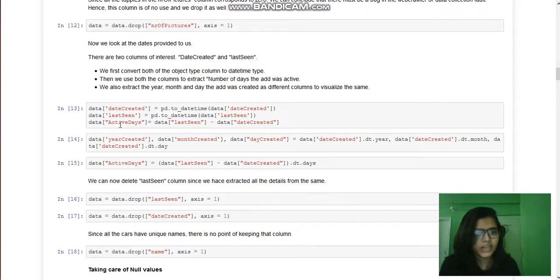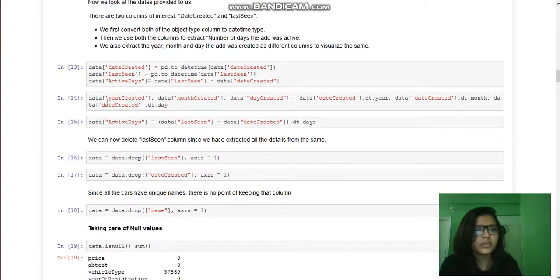So the time gap between the last seen and date created is going to give us what period the ad was active. Moving on, we are going to extract the year created, month created, and day created from the date created by .dt.year, .dt.month. We have already imported the date time module in the very beginning, if you remember.